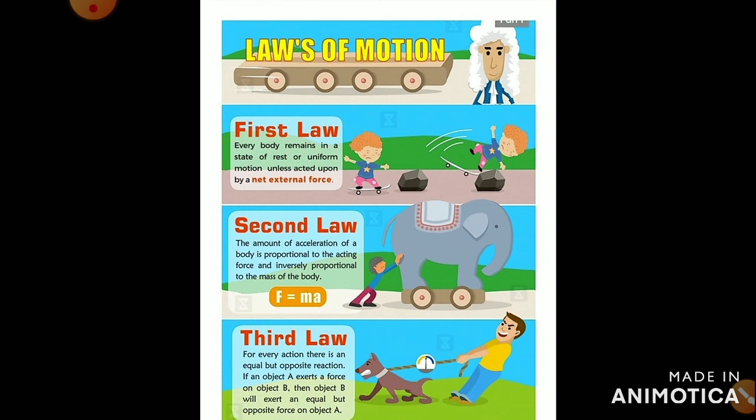Third law: for every action there is an equal and opposite reaction. So this is an easy law. Easy example: in sports, take a ball and hit it to the wall, and it will come back. Here I am giving some force to the ball to hit the wall, and it applies some pressure on the wall. So the wall exerts an equal force back and it bounces back to me. So this is how the third law works.